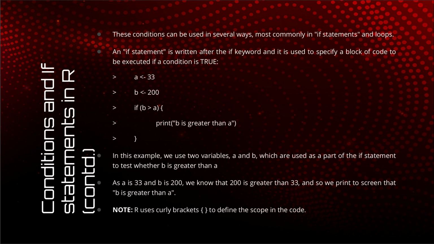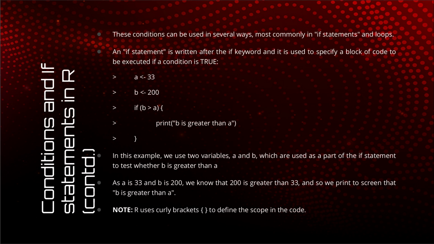First of all, these conditions will return a Boolean value. Boolean value means a logical value, either true or false. A quantity can either be greater than or equal to or lesser than another quantity, true or false. So in this example, A has the value 33, B has the value 200, and if you are checking whether B is greater than A, it is obviously true as 200 is greater than 33. So this condition returns true, and that is why this if block is executed.